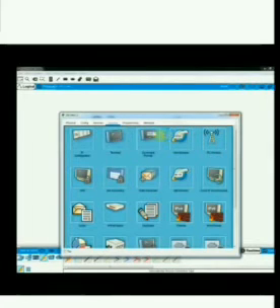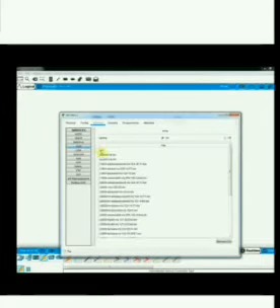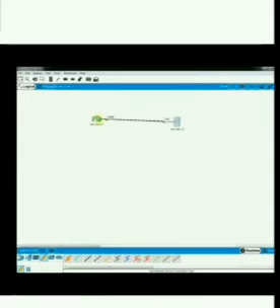So I will give the name ABC. So the file name will be ABC. It will save the configuration file in the server with the name ABC. Press enter. See, it is writing the configuration. It will take a few seconds, and it is showing 560 KB of data is copied to our server.